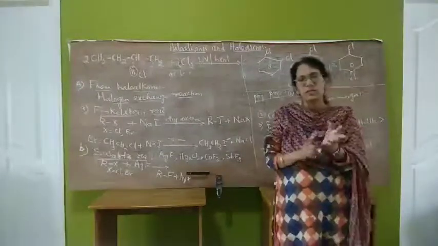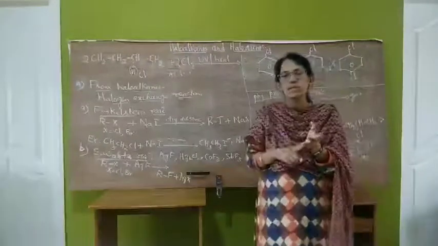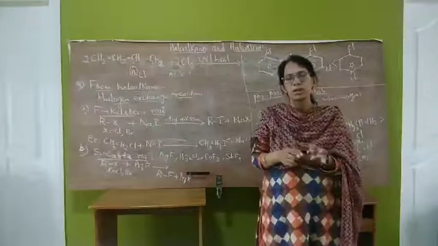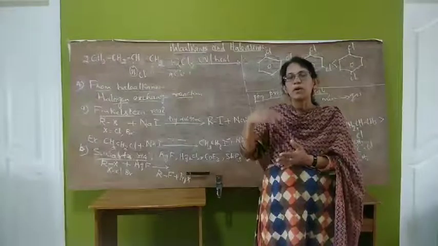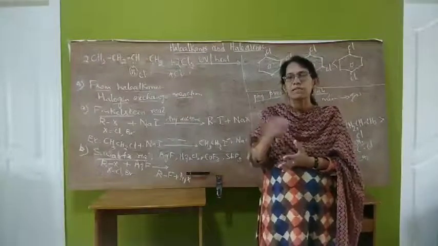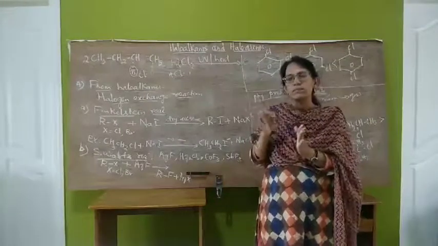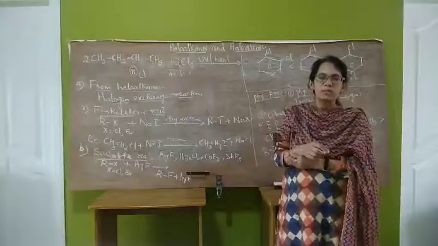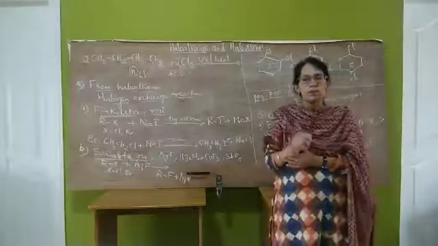Which are the physical properties? First one is the physical state. Lower members are gases, higher members are solids or liquids, and they are colorless in the pure form, but when exposed to air, bromides and iodides acquire color, and then the haloarenes are volatile and they have a sweet smell. And then boiling point is important.